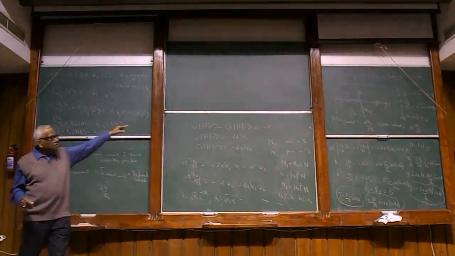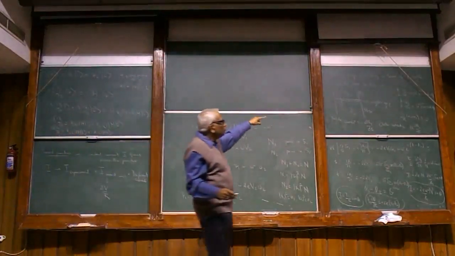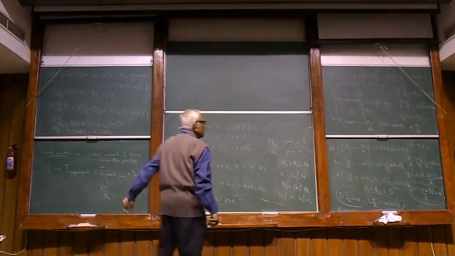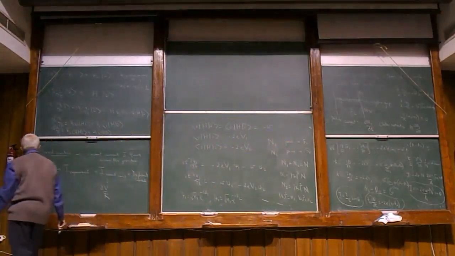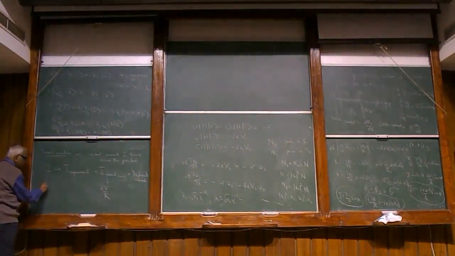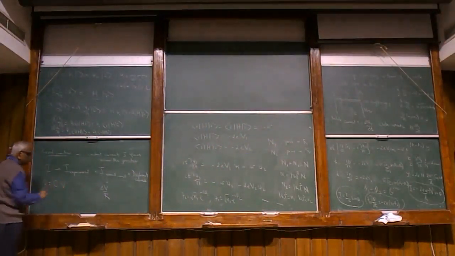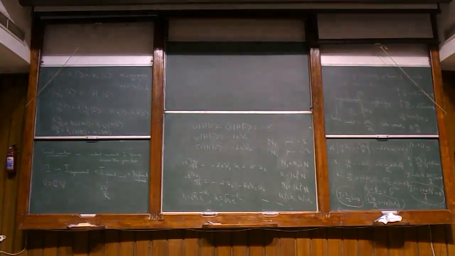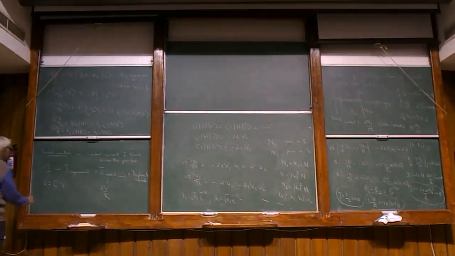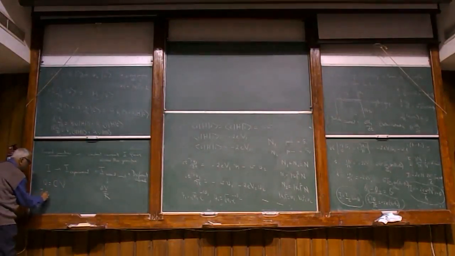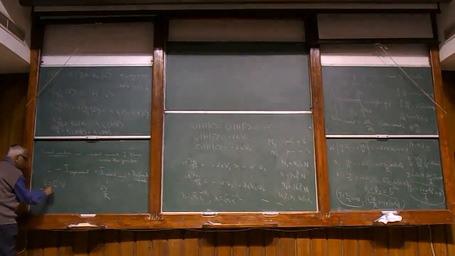Because there is a capacitor formed between these two superconductors, and you would have Q equal to C, the capacitance of the junction, times the voltage difference, delta V. So Q equal to C times V, and there would be a current which is I equal to the